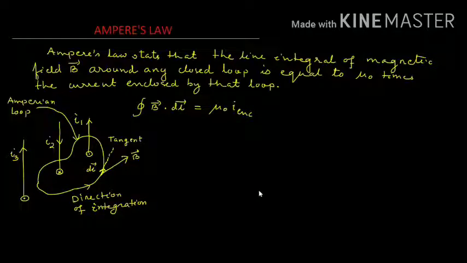In the figure, we have three straight wires carrying currents I1, I2 and I3. They are normal to the plane of the diagram. Here I1 is towards the viewer, I3 also towards the viewer, and I2 is into the plane of the diagram. So here we choose an Amperian loop. The Amperian loop includes two long straight wires carrying I1 and I2, but it excludes the third wire carrying I3. I3 is outside the loop, but I1 and I2 are inside the loop.